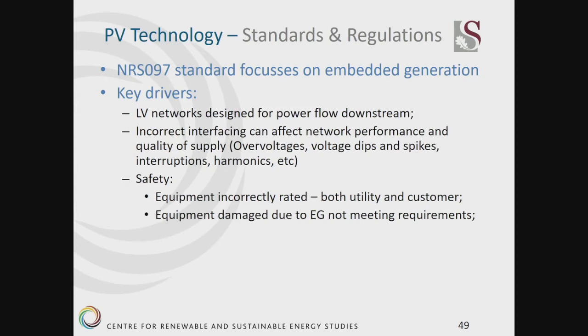And this includes over voltages, voltage dips and spikes, interruptions, harmonics, etc. A very important thing is safety, and this is basically what all the standards and the regulations are about, is safety. So equipment needs to be installed correctly,